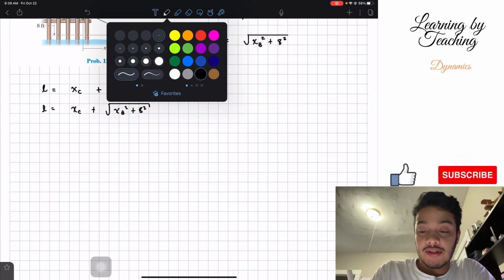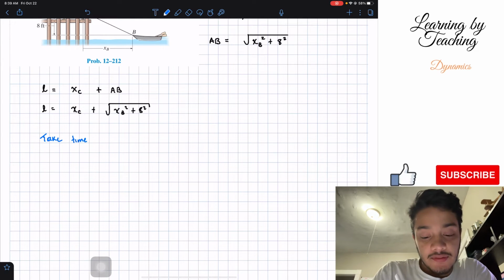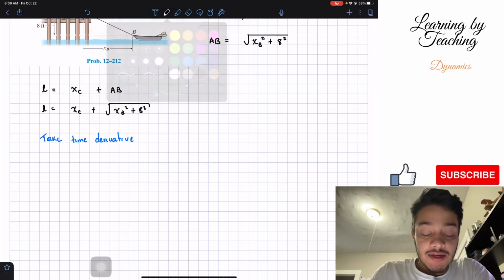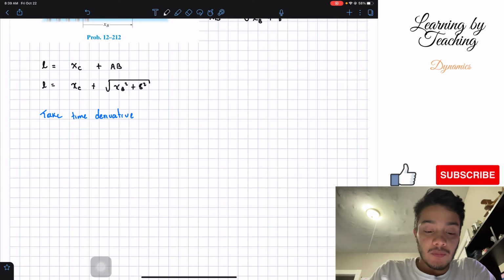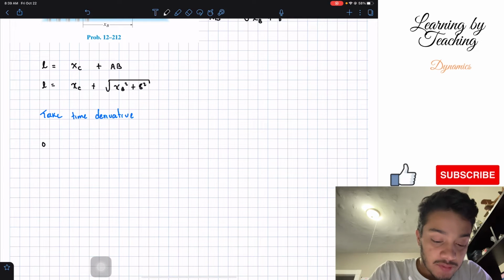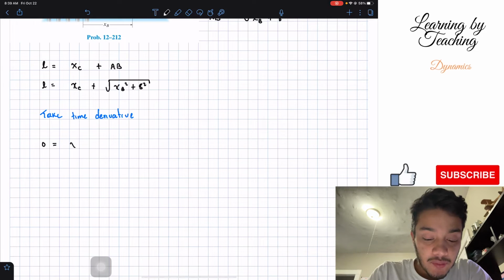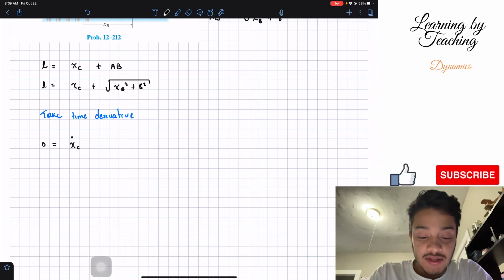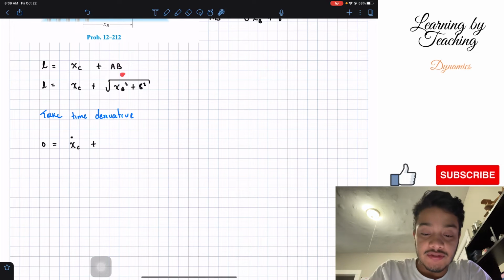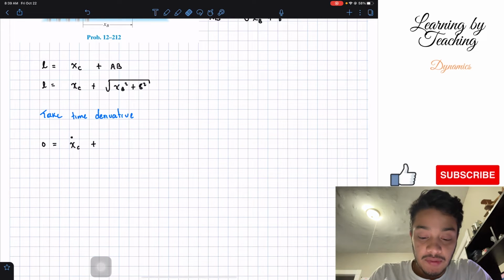Now we can take the time derivative. If we take the time derivative of this equation, the length of the rope is going to be the same with respect to time, so it's going to be 0 because the derivative of a constant is 0. Then we have the derivative of my point C, which is going to be my velocity at C, plus the derivative of this root. First we need to take the derivative of the root, which is going to be 1/2 times